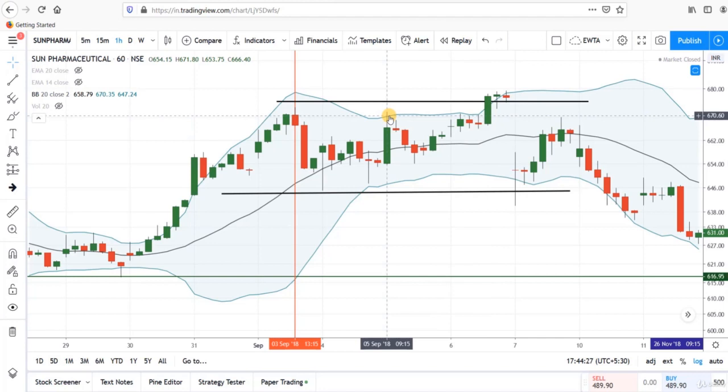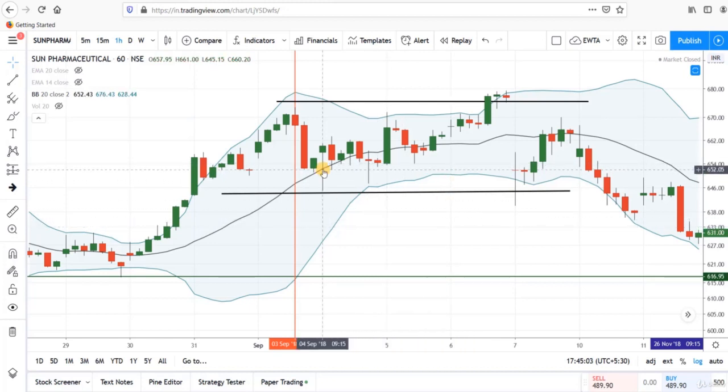So in this case, our stop loss would get hit. So I never suggest to trade when Bollinger Band is going sideways. We can trade this range only on the lower time frame chart. For example, this is the hourly chart, and if we are getting a sideways range on the hourly chart, then we can trade this range on the 15-minute chart or 5-minute chart by getting signals with other indicators.